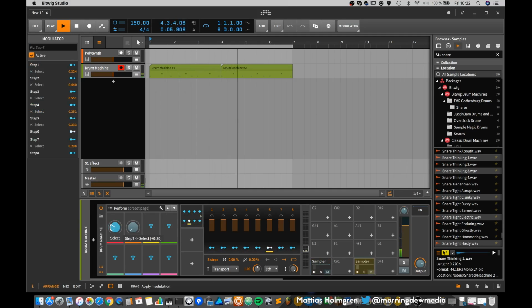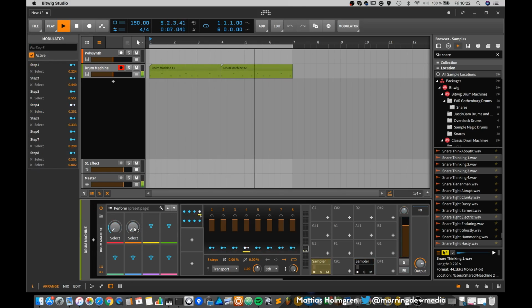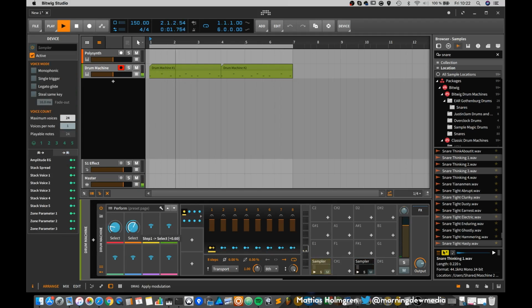So we do some different setups for each of these steps, and do the same thing with the snare. Let's do some different.